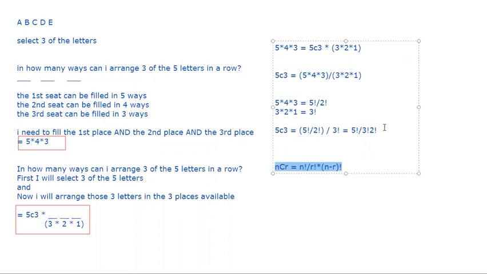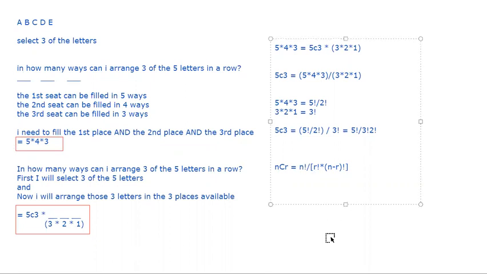Was this clear? This is the formula for nCr: n factorial divided by r factorial times n minus r factorial. So you must understand why something is being done. Do not blindly just memorize it. Just go through this and tell me whether this part is clear or not. Is this okay, everyone? Yes, sir. It's clear.